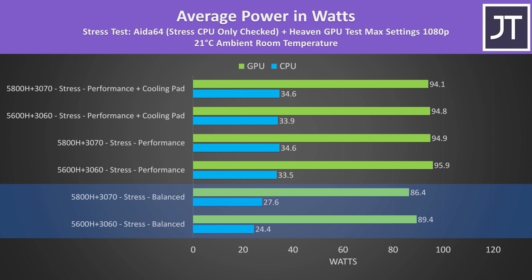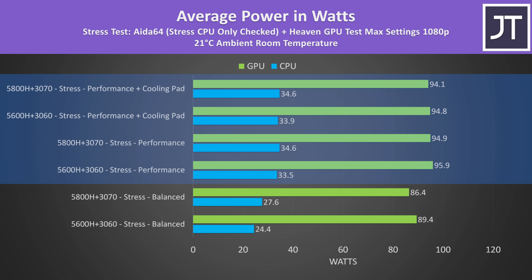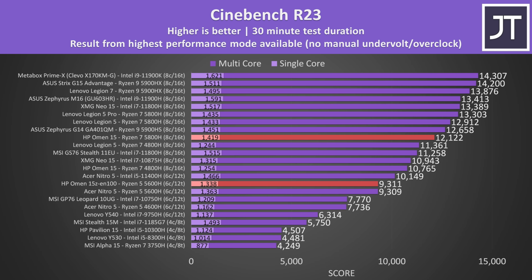Sure enough, in balanced mode at least, the lower spec model is using less power for the CPU as per the blue bars, but getting more power for the GPU in the green bars. The same is also true in the higher performance mode, but it's only like a 1 watt or so difference in either direction. In Cinebench R23, a CPU only workload with the GPU now idle, the Ryzen 7 5800H was